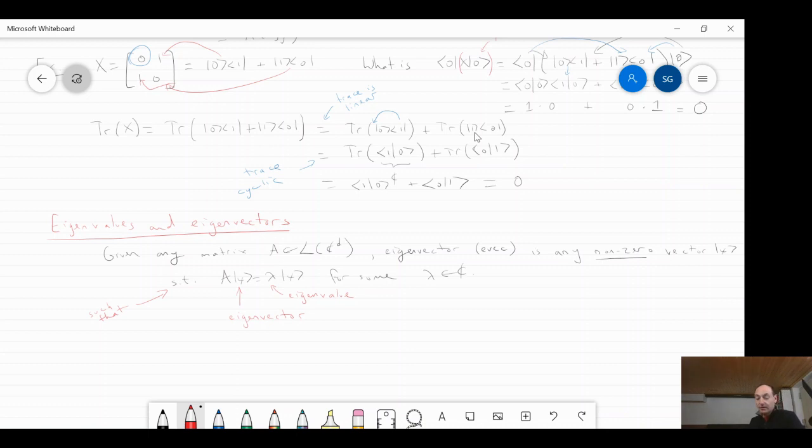Okay, what we call the eigenvalue corresponding to the eigenvector psi, and of course this is all relative to the matrix A. In some sense this is the matrix's own vector, if you will, and there'll be a set of these, not just one. And we'll say more about this in a second. So the point here is that if I take the vector psi and multiply by A, what happens is basically nothing. Psi stays the same up to scaling by some lambda.